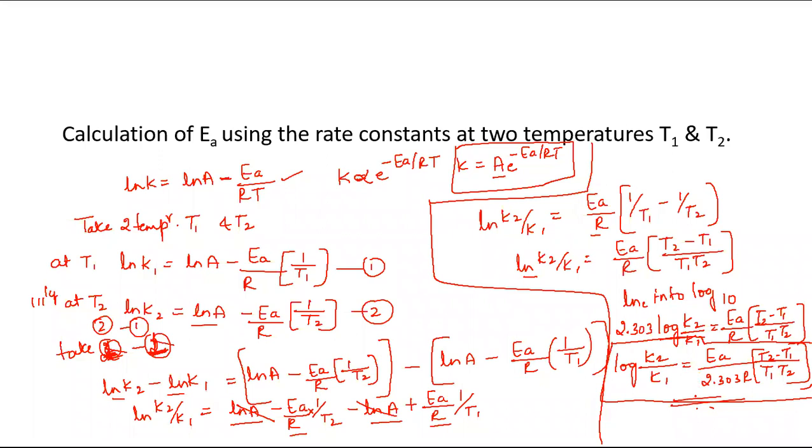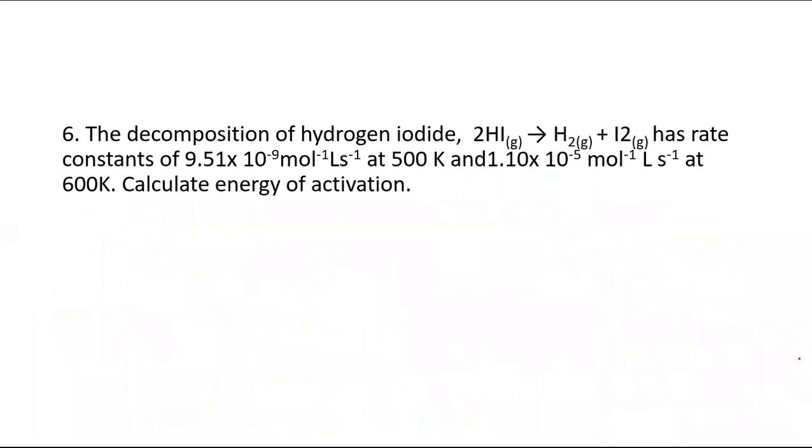Now we are going to solve the problems based on this formula. Okay, so I'll show you how to write the data and how to solve the problems based on this equation. Here log K2 refers to rate constant for the final value, and this is initial. EA activation energy, R universal gas constant, T2 final temperature in Kelvin, and T1 is an initial temperature in Kelvin again. Okay, so the problems will be asked like this.